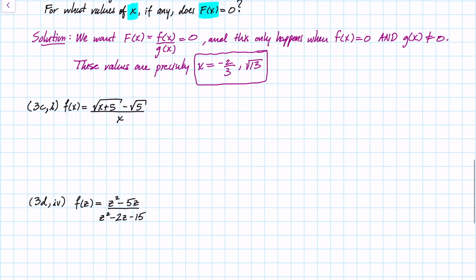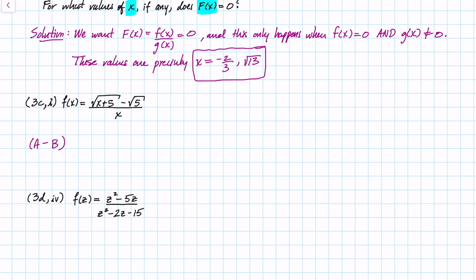All right, so let's jump to problem 3c, part 1. Here we have to use the conjugate of the numerator to rewrite this expression as something else. The reason we want to do that is because we want to exploit difference of squares. Remember that if you have something like a minus b, which is precisely what we have over here, we want to rewrite this by multiplying it by a plus b divided by